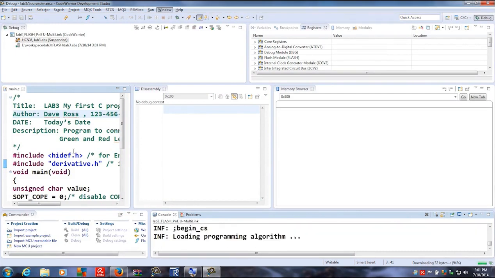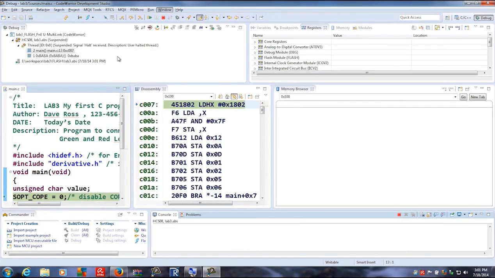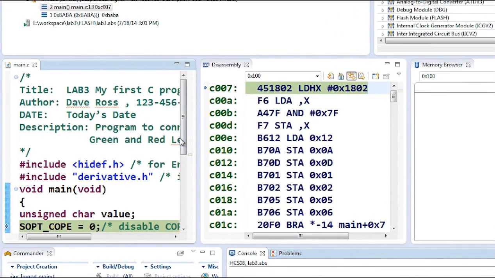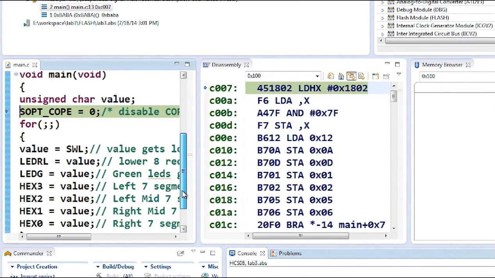We're here, and instead of doing what we did before and doing something at address 100, we don't really care. We're going to run this program, but notice, isn't it interesting, if we just zoom in a little bit here, these look like pretty much the same codes as we had before, but these are now at C007 and so forth. And that's pretty much exactly the same as we had before with this load and so on, but instead of coming from a bunch of hex codes,